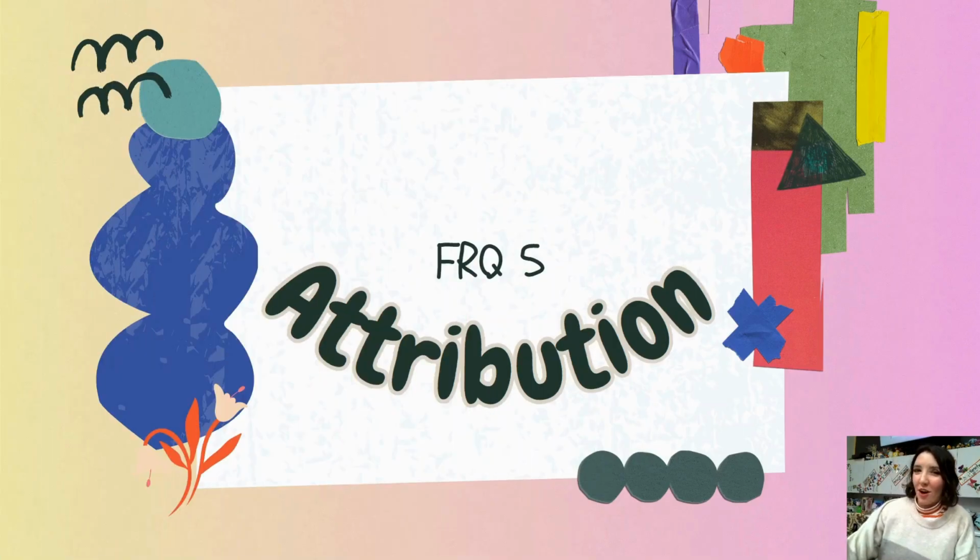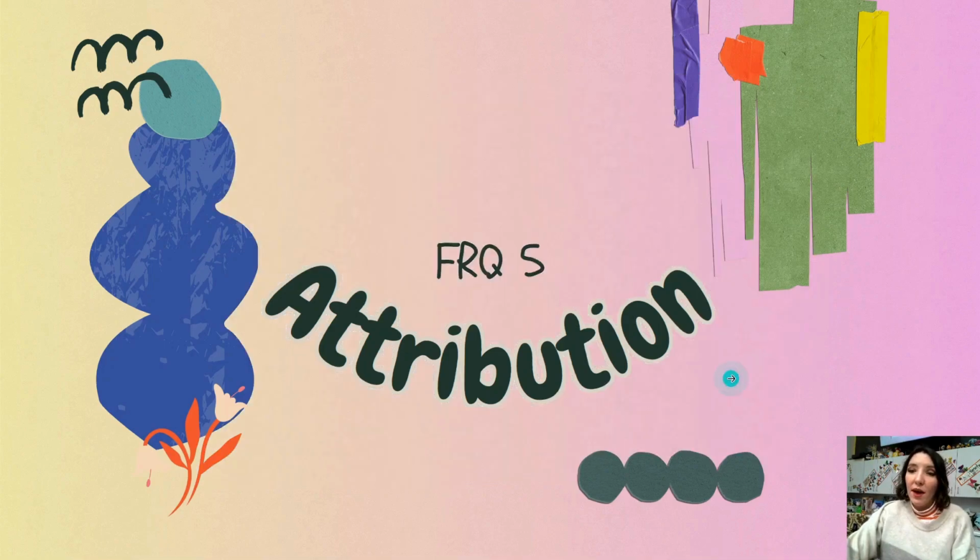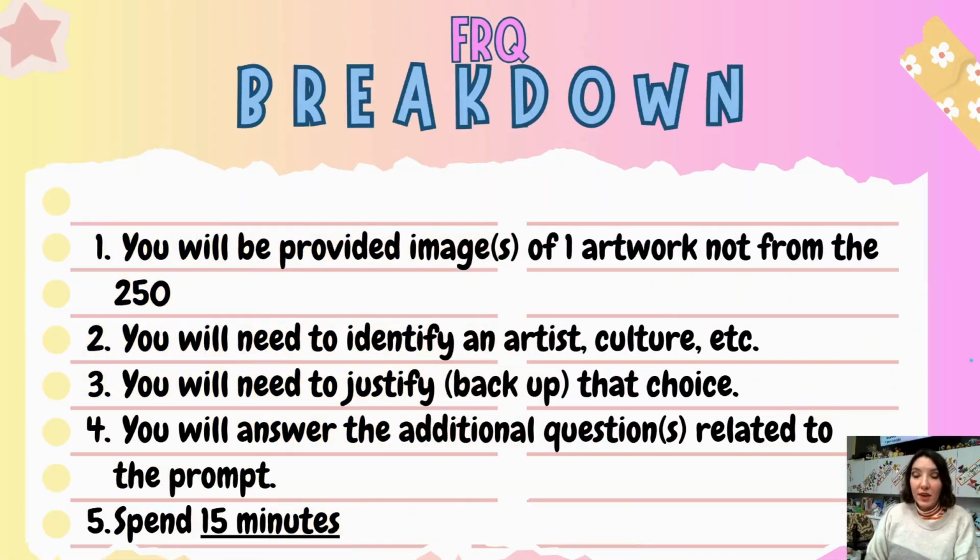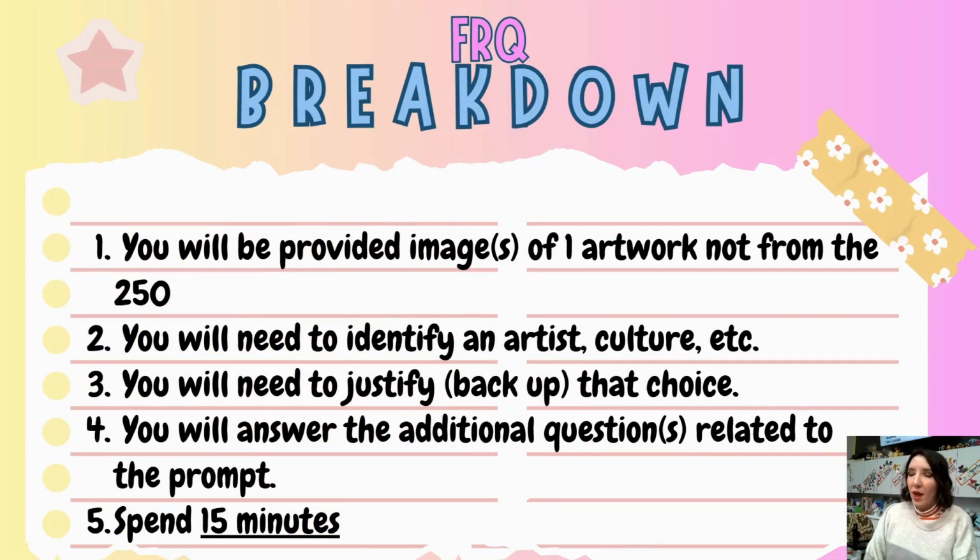So we're going to talk about FRQ number 5, attribution for the AP Art History exam. Now, attribution is a very tricky skill. It's one of the hardest skills that we have in AP Art History. So what's going to happen in FRQ number 5, you're going to be provided an image or images of one